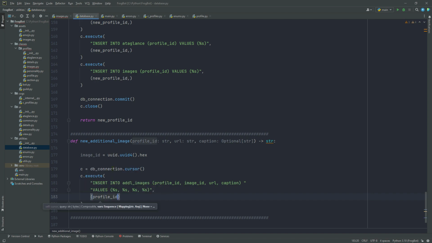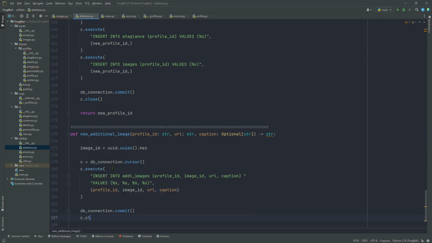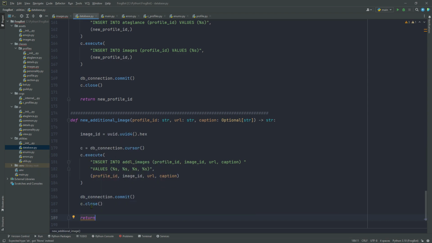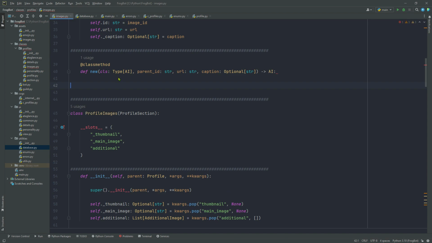So the profile ID, the image ID, the URL, and the caption. Okay? Then down here below the SQL command, let's say dbconnection.commit, and then we will close our cursor. And we return the image ID at the end. Very nice. Okay, so let's export this in all. And then over here in images, since we have everything imported from our utilities, we should just be able to